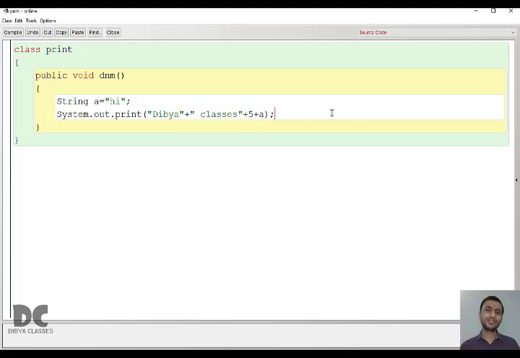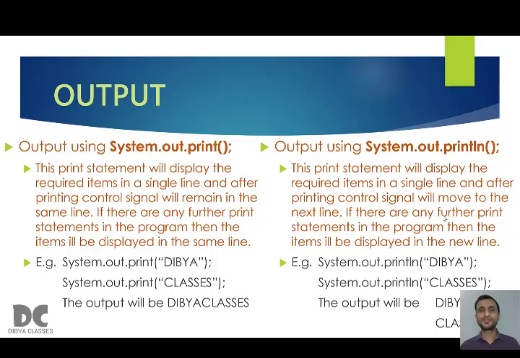Clear? In the last class, if you remember, we solved a program that is to add two numbers. One was if you know the value, and the second was if you don't know the value. If you know the value, we use input using initialization or input using assignment operator. If you don't know the value and you need input from the user, you have to use the parameter method. We have already understood how to take the input. We also added those two numbers. But the thing remaining was we didn't print it. So today we are going to complete this question.